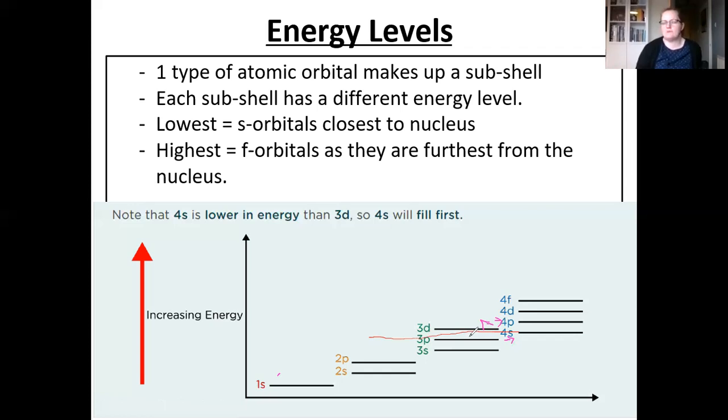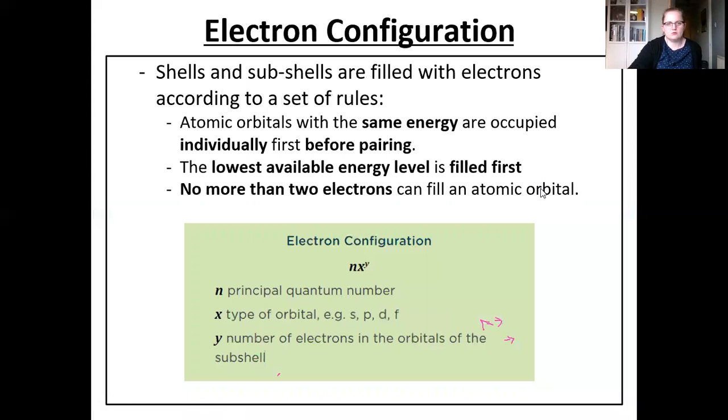This is just one of those rules that we have to learn, that 3d has a higher energy than 4s, so 4s will always fill first. So, electron configuration. We've got shells, we've got subshells, and they are filled with electrons according to a set of rules. Like I was just saying about the 4s and 3d, there are some rules that we have to